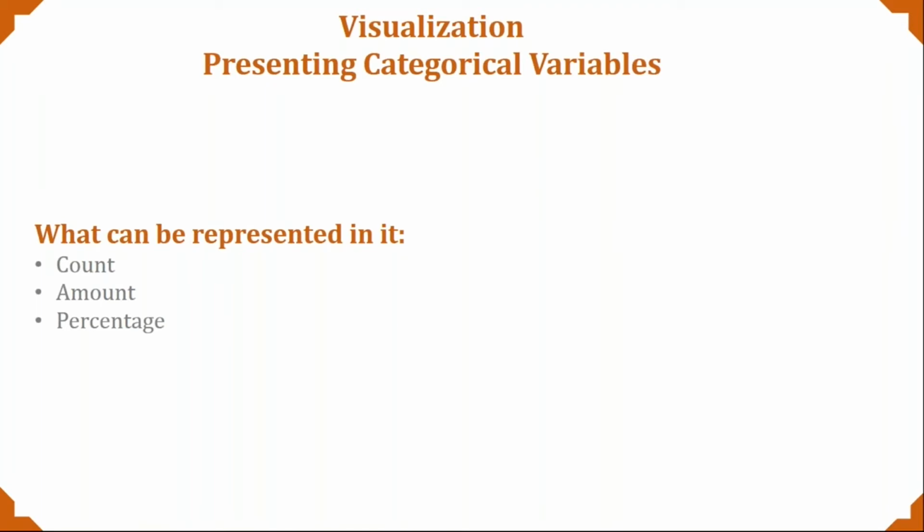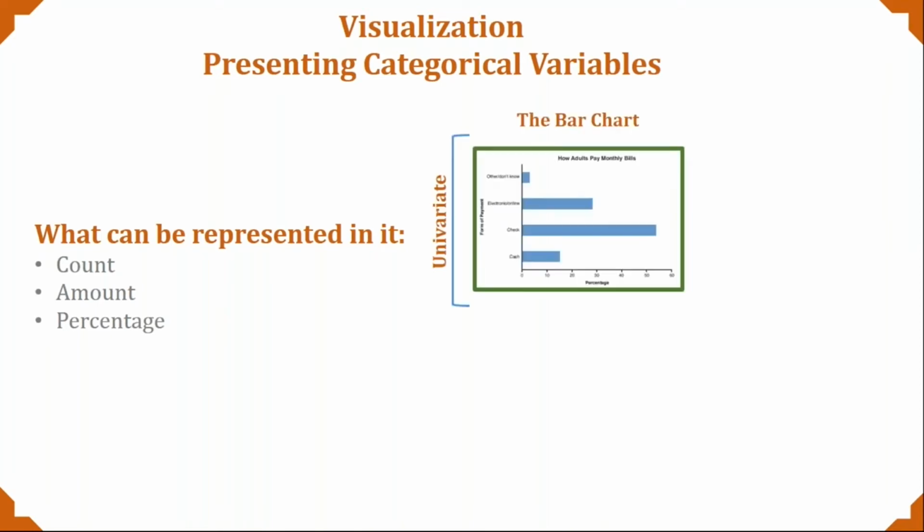So here we may work with single or multiple variables, right? As I've told you, univariate and bivariate analysis. To understand these things, let's start with the univariate analysis. If you want to understand how things are working in a single variable, so univariate, first we shall be starting with the bar chart.